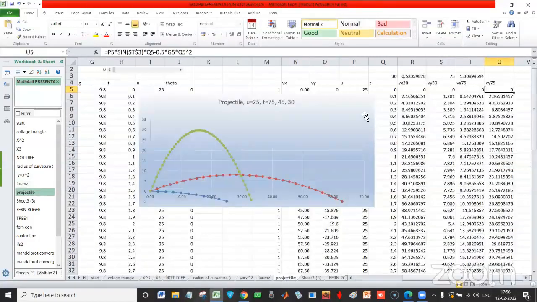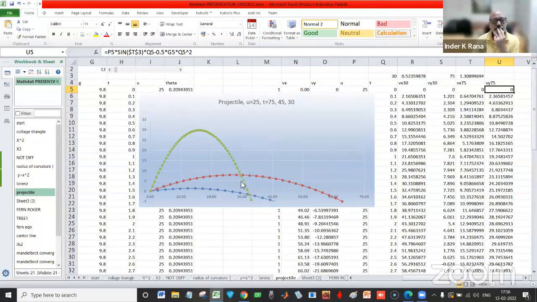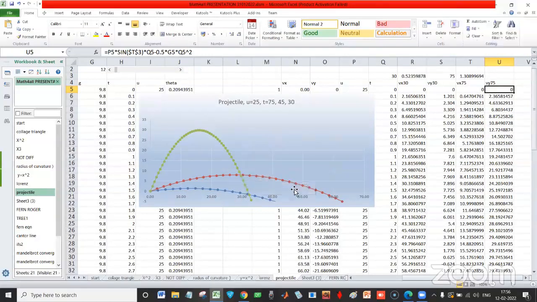Then projectile. Here I have done projectile. You can see the projectile at different angles, what will happen if you go on changing. I have put some particular fixed angle in this red and green. And one thing is I have put in,